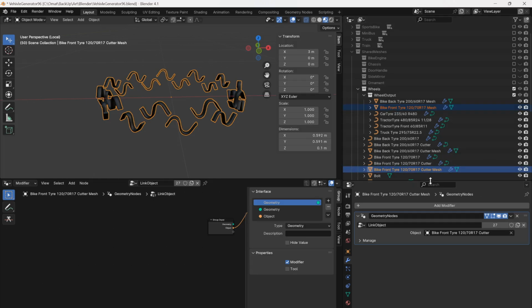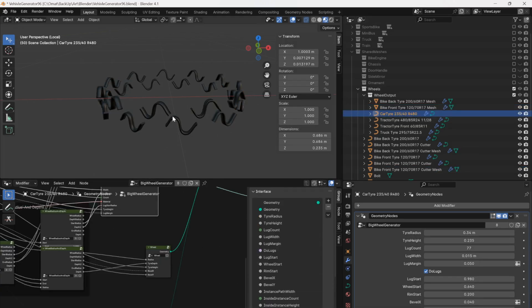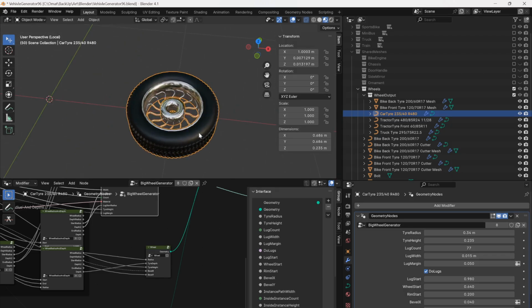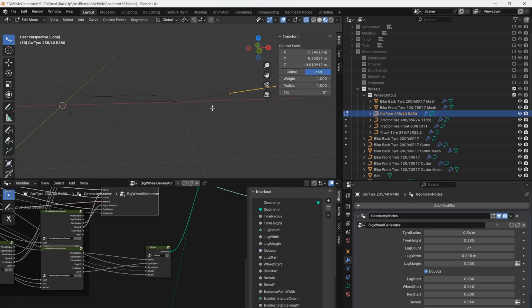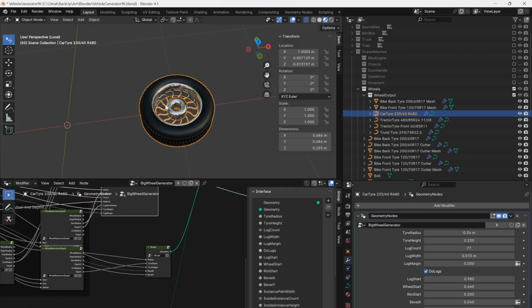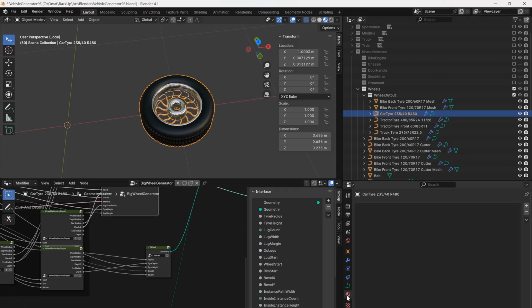So it's a mesh and a mesh, where these meshes link this data which is actually in curves. So that's why this setup is only needed if the lugs really need to cut into it. The other tires can be done with just one object and one data,